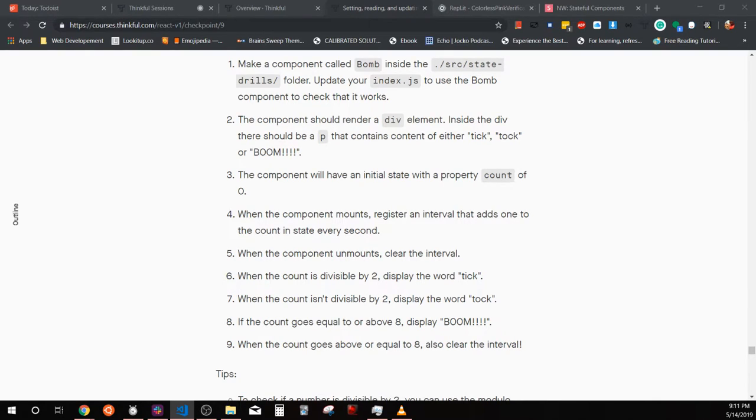So we can do this. You don't need the keyword, I guess, right? Yeah, you don't need keywords. So do if this.state.count modulus 2 equals 0, then return tick. So next, in the next line, else if